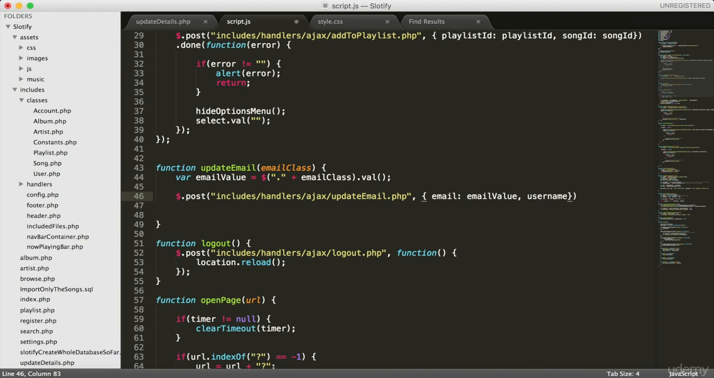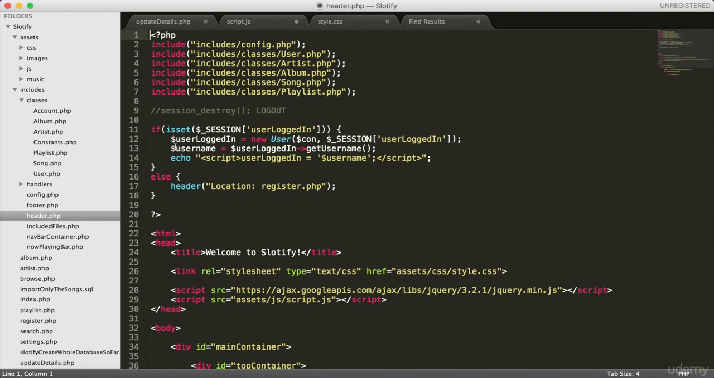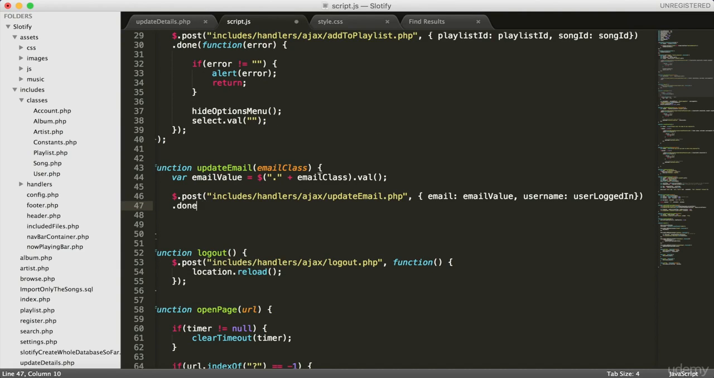So username, and this will just be userLoggedIn. Make sure that's correct. So userLoggedIn, which is of course, as you'll see in the header file, this variable right here, userLoggedIn equals, and it's set to the username. Okay, and the very last thing to do is add our success handler. So we can say done, and then function,